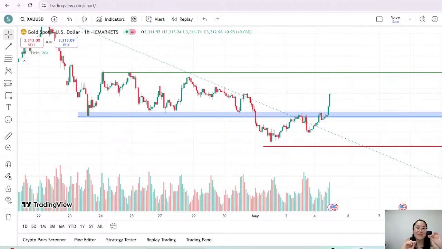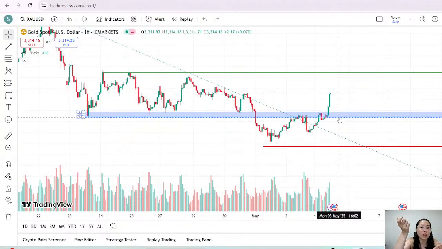I need to be very specific because I don't want you guys to think you get in on a buy and then hold until next year. No. I see a possible entry here at the 3260 area. I cannot give an exact number because trading is never an exact number, it's always a zone. You get in on a zone and then you get out at the next zone, and your take profit is in the last zone. Okay, so it's a zone.